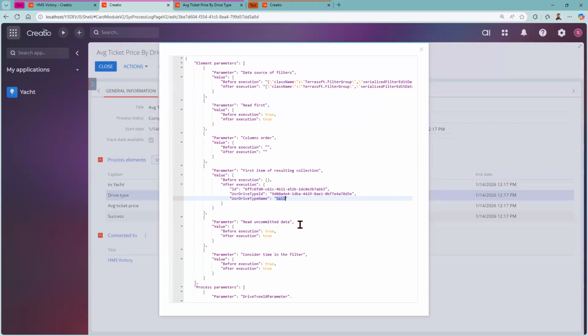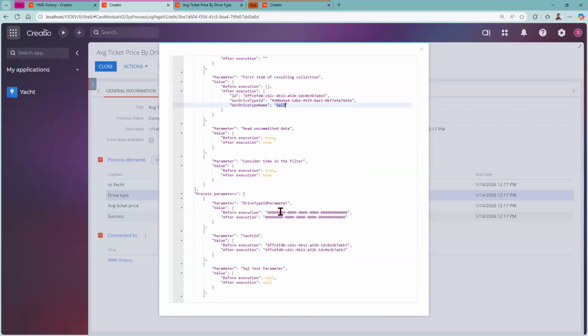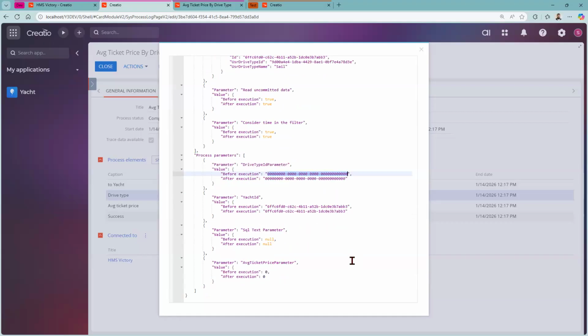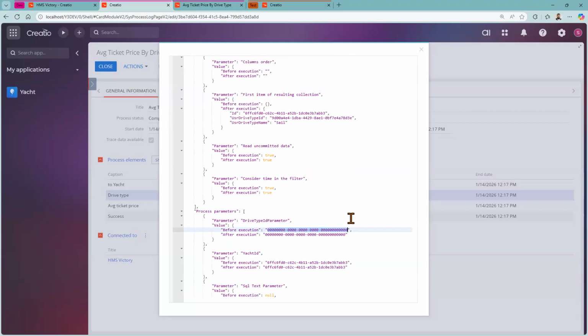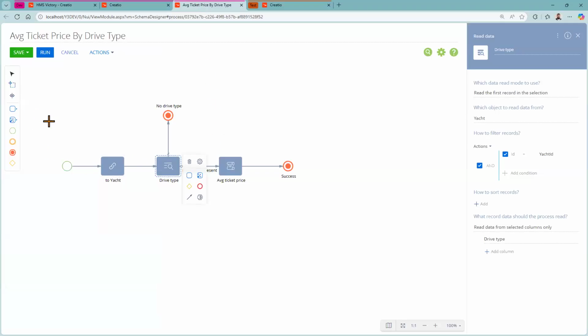Though at this point in time, as this element was executed, if we go to global process parameter drive type ID, it's still GUID empty. So this is something to keep in mind. This doesn't mean that there is something wrong. It's just that only with the next element we would be able to see the drive type ID is properly populated. Another approach, which is a more explicit assigning,